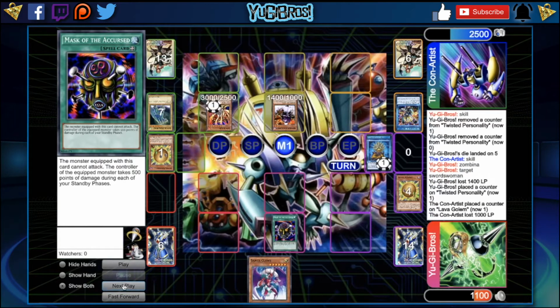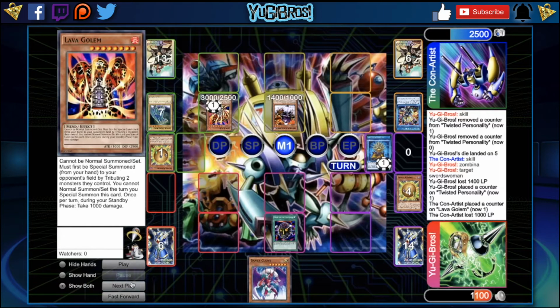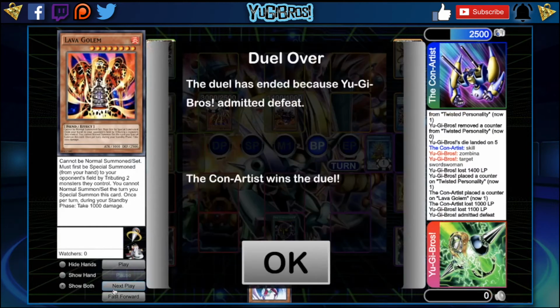Unfortunately, though, we only have 1,100 life points left. Also, this doesn't prevent battle changes, so they'll put that in attack mode. And they'll go straight into Koichi swinging into us for game. So unfortunately, we get